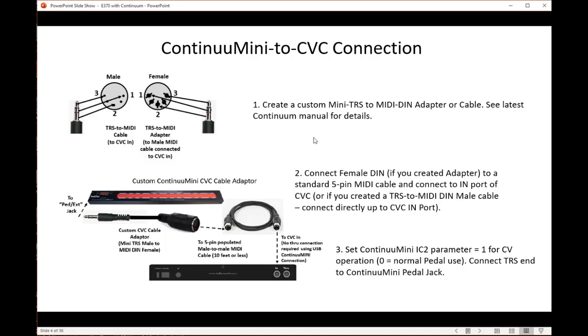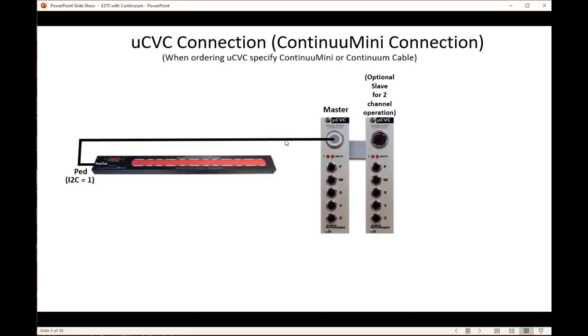But as we said before, I suspect ContinuuMini owners likely are not going to have CVCs, as it's not a cost-effective option since the ContinuuMini is only a 1-channel device, 2 at best if you're playing duo tactically. So in that case, if you have a ContinuuMini and you want to support CV, I would suggest you get the micro CVC. You only need 1 card here, the master, and that'll connect up with the cable you'll get